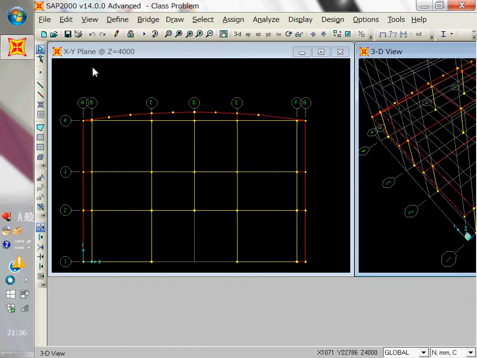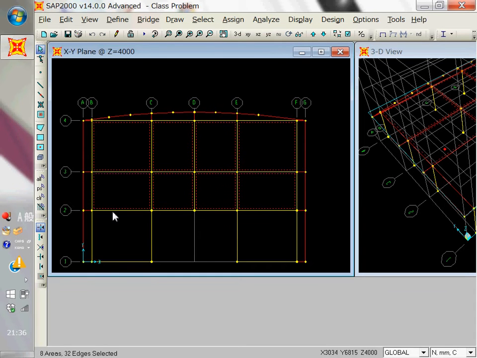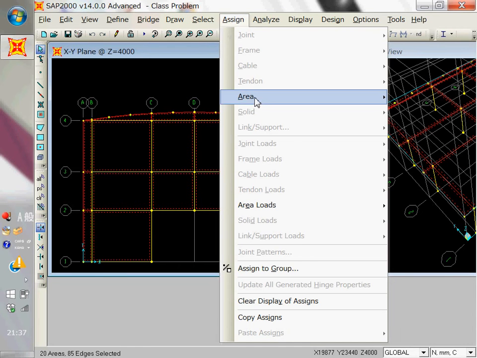Okay. Now please see, because all these loads are acting on the slab, you have to assign all these loads as area loads, okay? Select all the areas like this. Click inside the area to get that particular area selected, and then go to assign, area